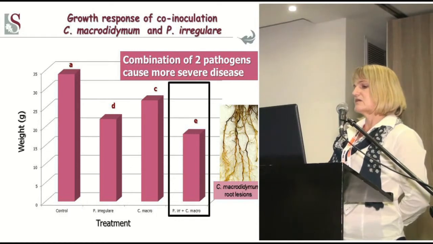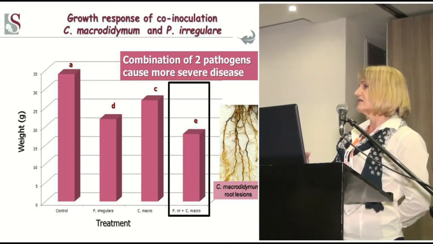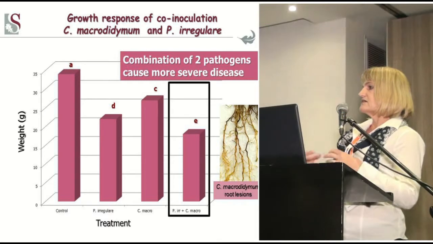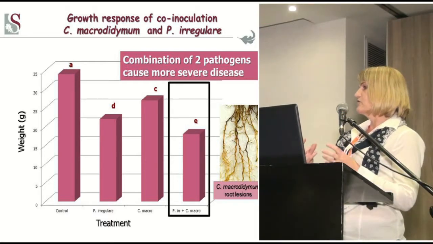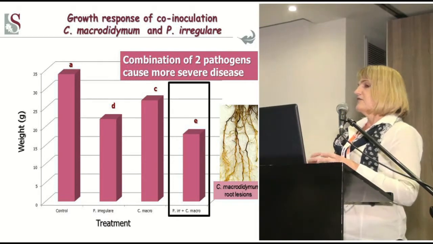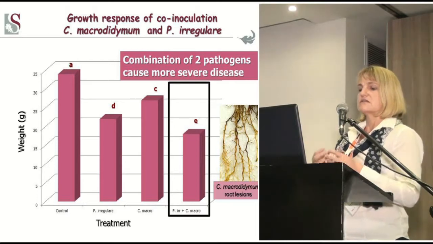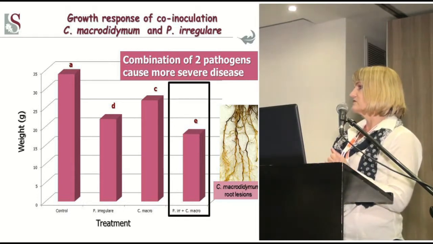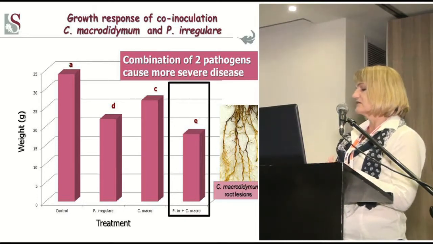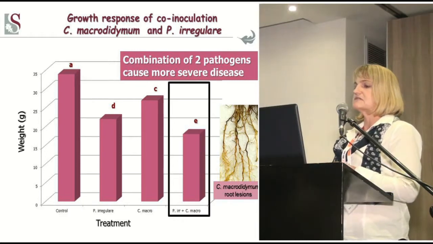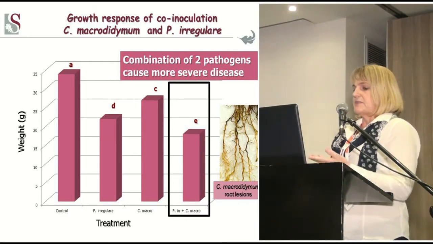And this is just some glasshouse results showing that it's not one organism, it's really the interaction of all of these organisms. So if your management strategy isn't going to target all of the organisms, you have a problem and you can't get appropriate disease control. The pathogens